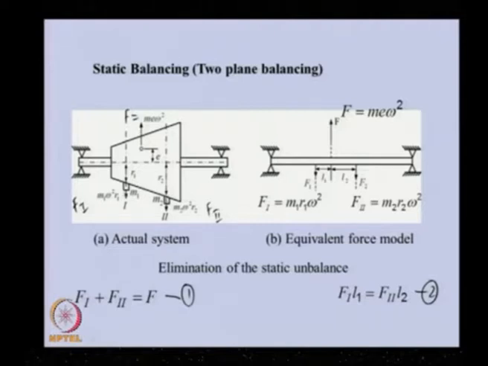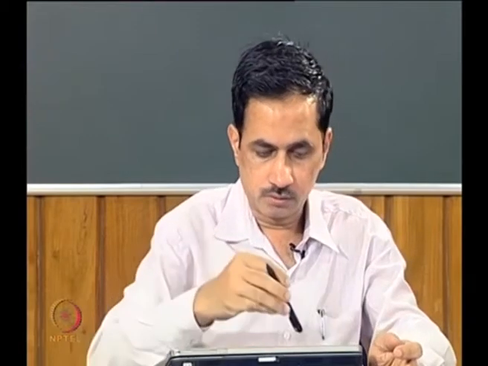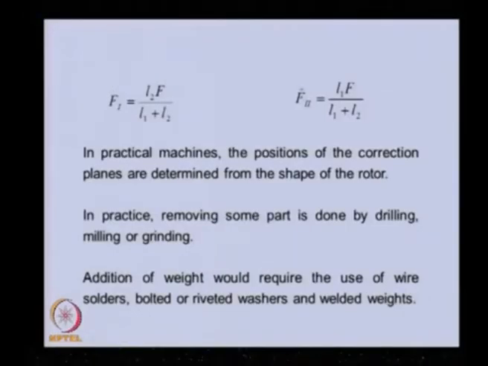unbalance using two planes. Here we are balancing with two planes, but actually this particular unbalance in the system is the static unbalance. From these two equations we can solve for F1 and F2, that is, the correction mass required in planes 1 and 2. In this particular case, even though the rotor was long, the eccentricity was symmetrically present in the system, so the system had static